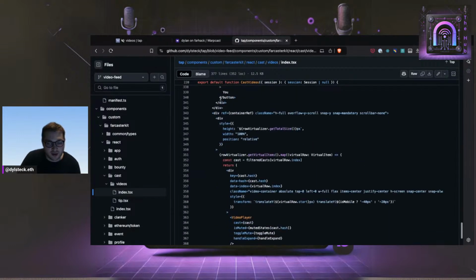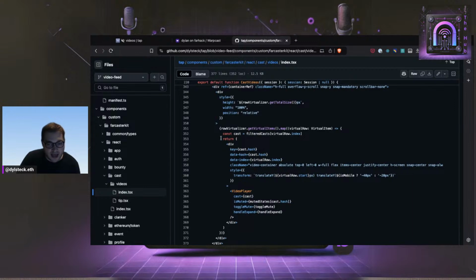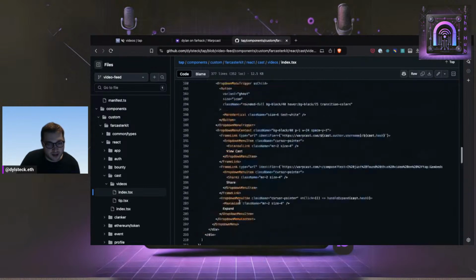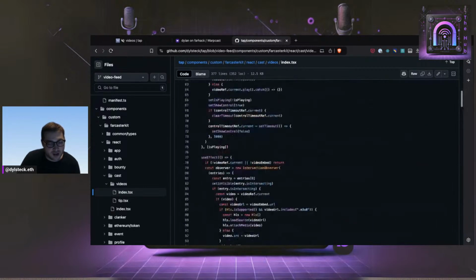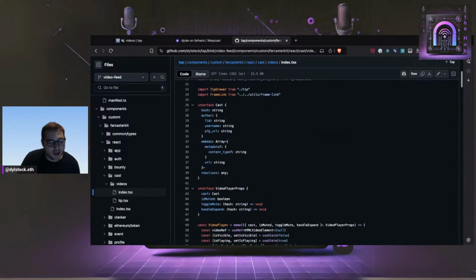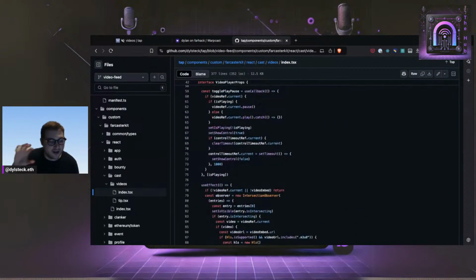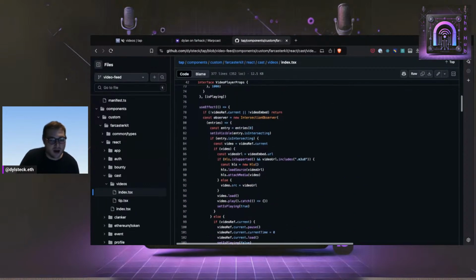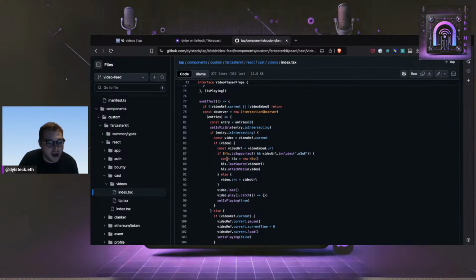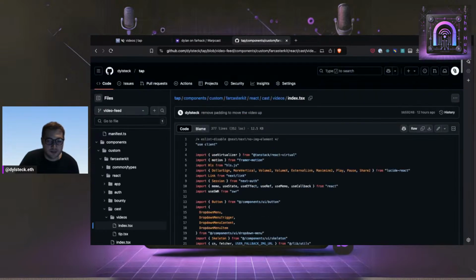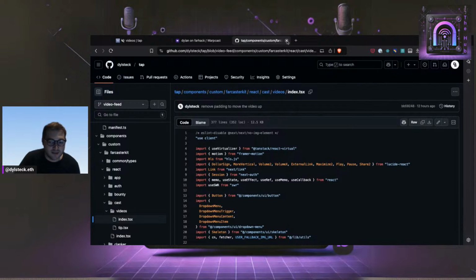So we have Trending and For You here as the tabs, and then we have our virtualizer with the video player, and the video player is making sure that we are only showing and selecting the current video that the user is on. And we're using a great video package, hls.js, to make sure that we can support both MP4 as well as M3U8 streams, which is what Warpcast uses for their uploads. So that is a bit of a technical deep dive there.